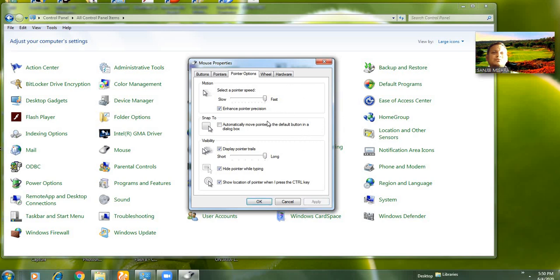Trailing means many mouse pointers will appear, like a tail going behind. You can set the trailing short or long. Okay, like that. If you want to hide your pointer, suppose somewhere your pointer is there and you are not